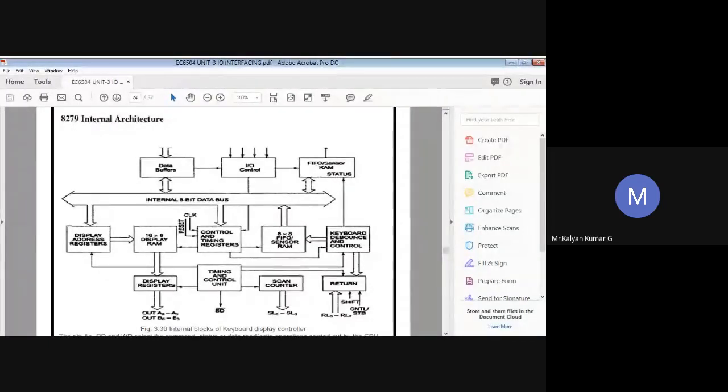If we take any microprocessor based system, whether it's an industrial application or domestic application, generally for any microprocessor based system, as we all know, the keyboard is going to be the most commonly used input device. It's a fact. And for the output device, previously they used to use 7-segment display, mostly in olden days. Nowadays we are using LCD display also. It's not an issue. But most commonly the input device used is the keyboard, and the 7-segment display is used as the output device.